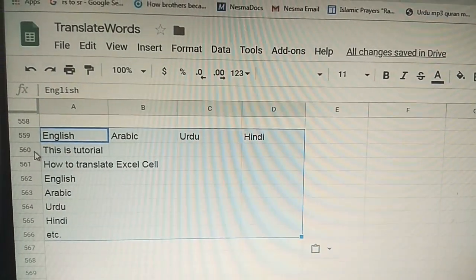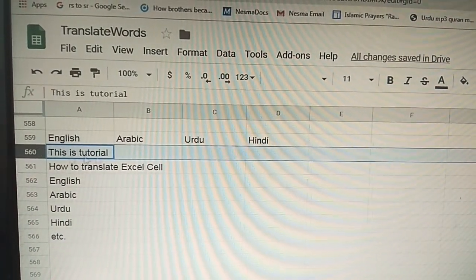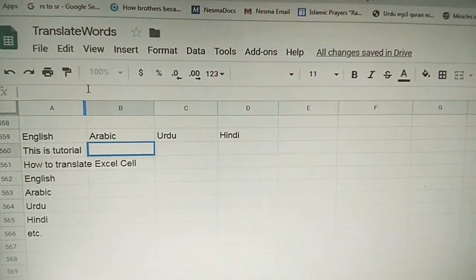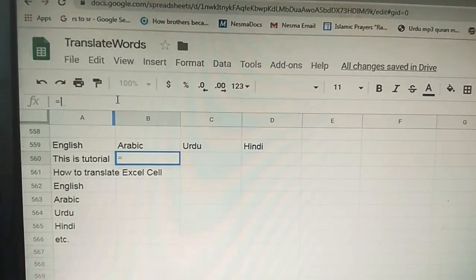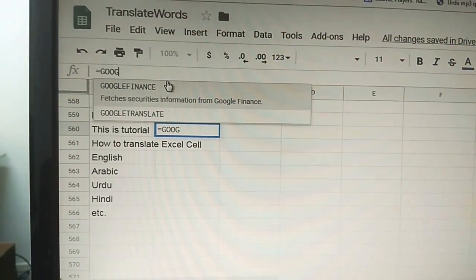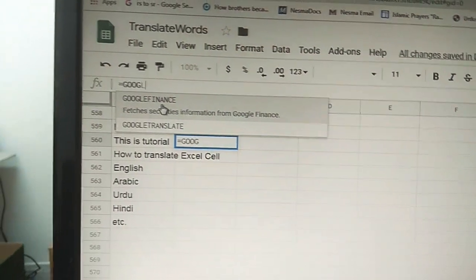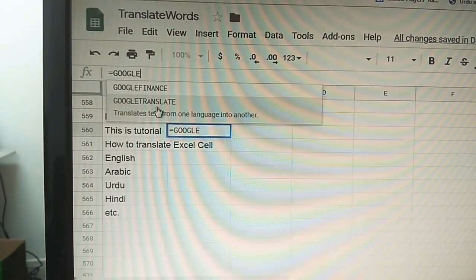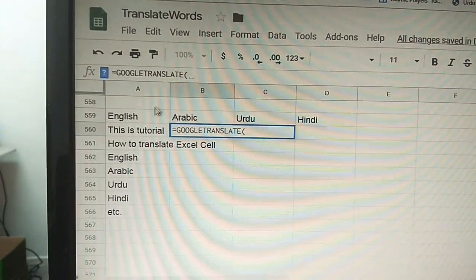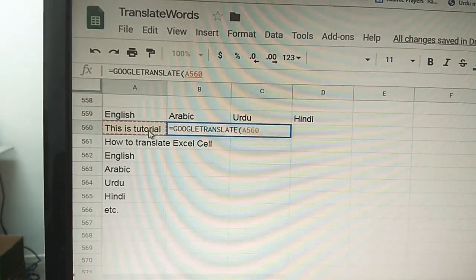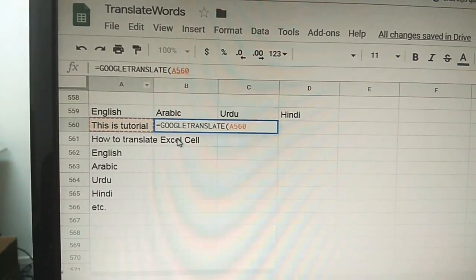Now here we will write Google formula equal to Google Translate. This is Google Translate, and then we have to select the cell which we want to translate.